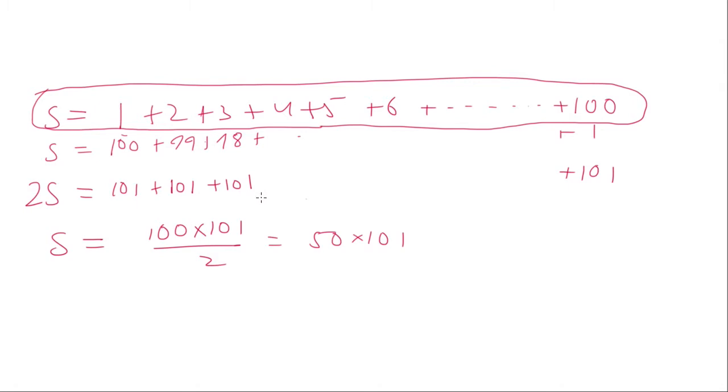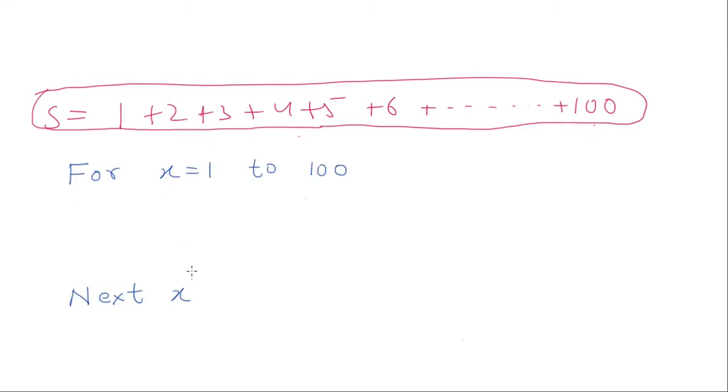In the class, we don't even allow you to write the program and check whether it is right or wrong. You should be knowing without executing whether it is going to be right or wrong. So we have a feeling that a loop of 1 to 100 will go. We'll have a next X. We'll have some coding over here and a printing most probably outside the loop. Why a print outside the loop? Because after doing all the calculation, one single print is required, right? If I print inside the loop, it keeps on printing in each step, right?